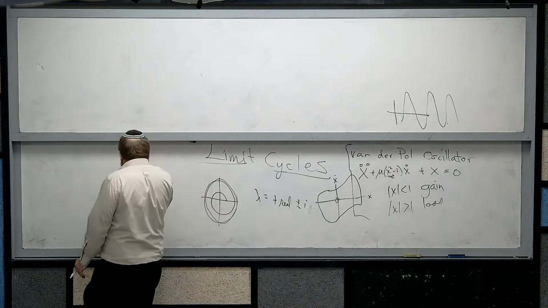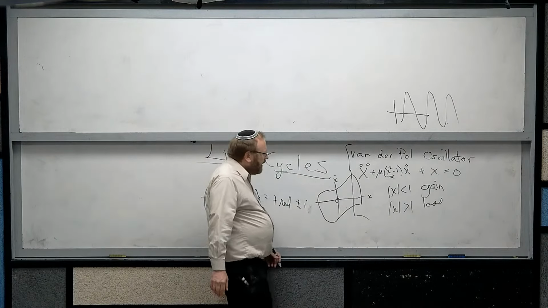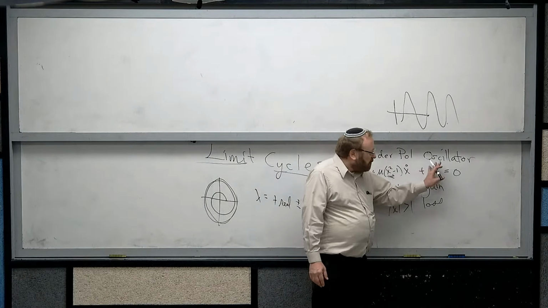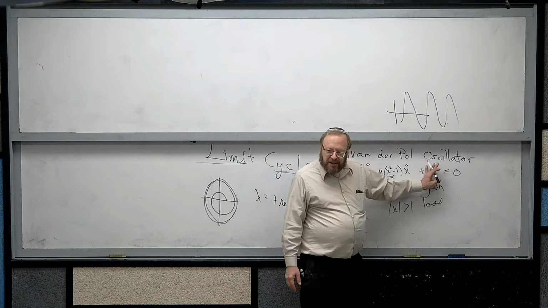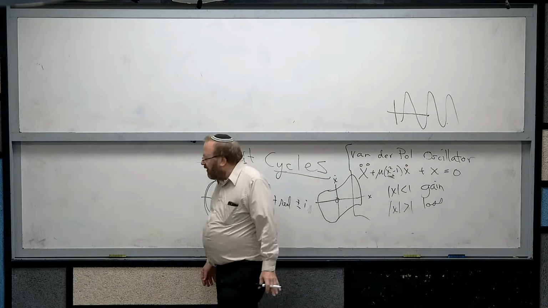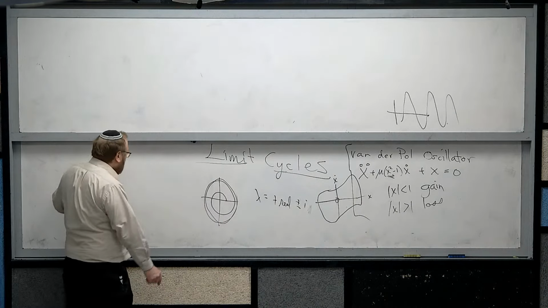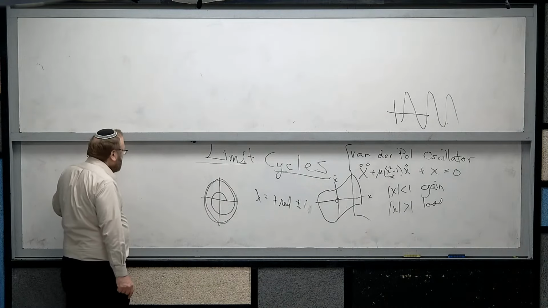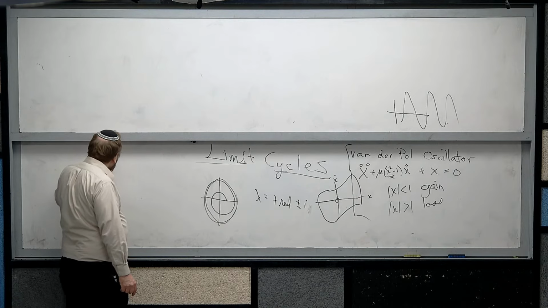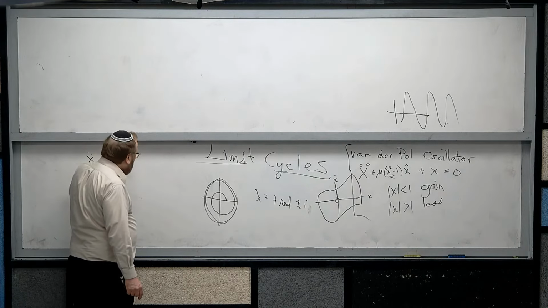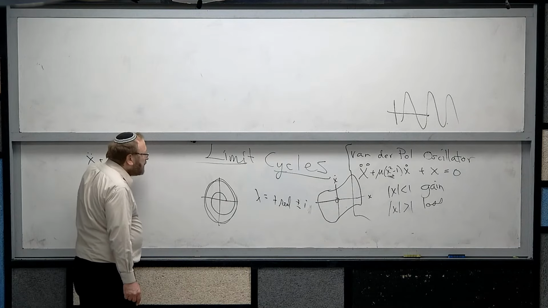And if that was the case, then we could solve the problem. If we throw out this term, we can solve the problem. So what do we get? We get x double dot plus mu times x squared minus 1 times x dot